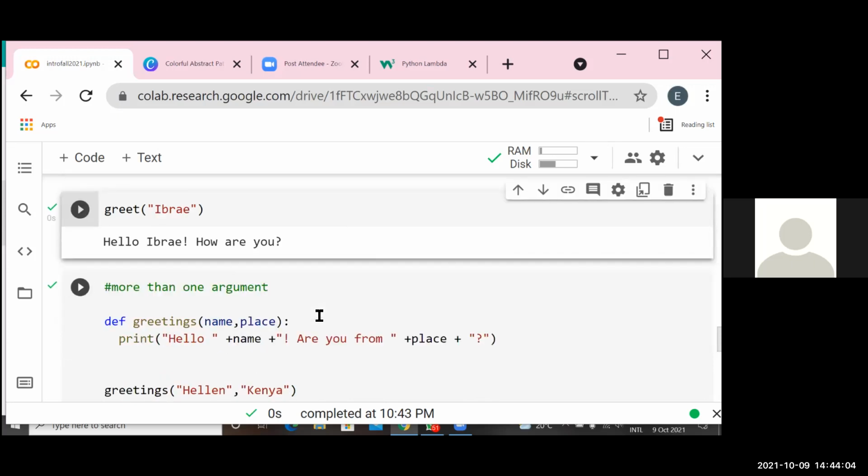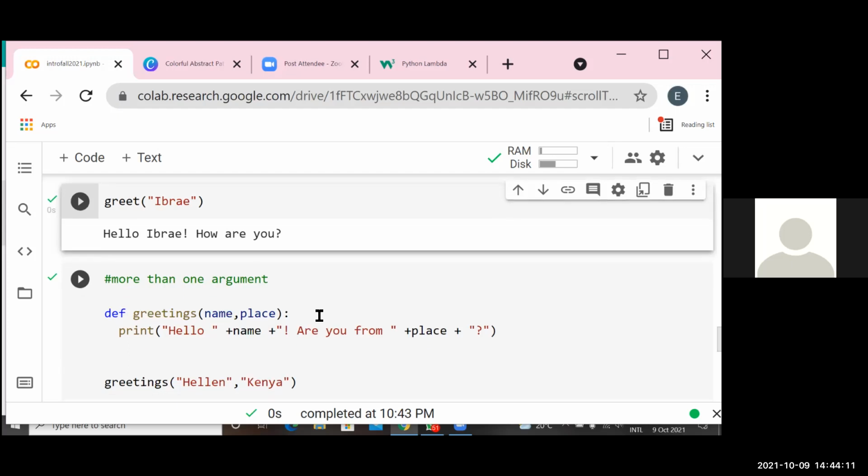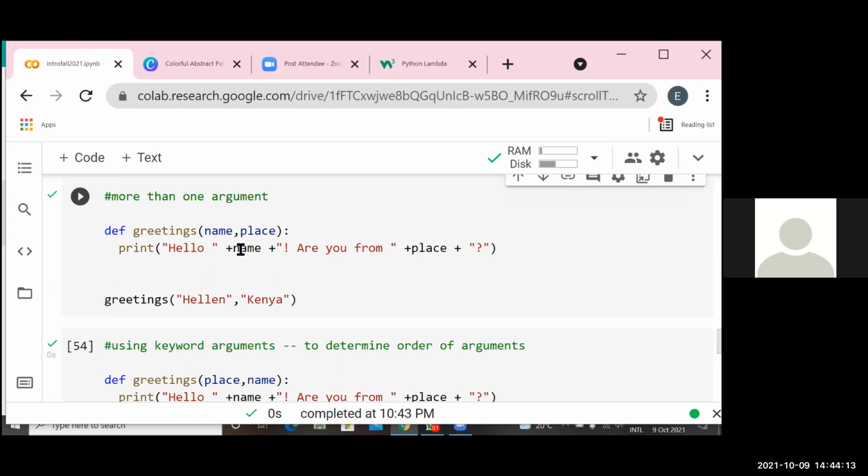So you can also have more than one parameter. Instead of just having name, we can have name and a place. So in this case, we would say hello and then insert the name. Are you from? Insert a place. So how do we do that? Remember, once you define the function, you call the function and give it the values of the parameters.